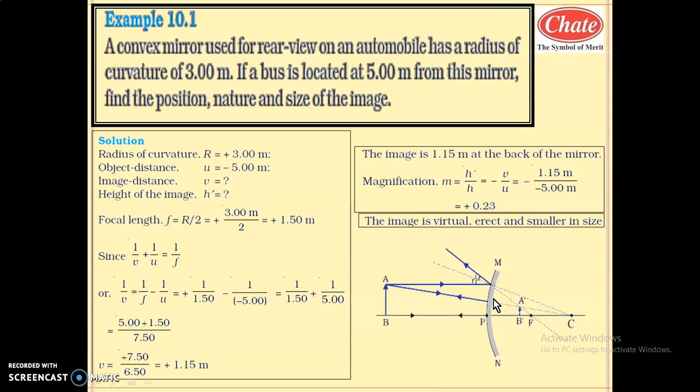This way of solving the problem is called the graphical way, that is a geometrical construction. And this is a mathematical way or analytical method. So this is a graphical method and this is an analytical method. For solving such problems, there are two options: one is by drawing the diagram and the second by mathematical calculation. So by the ray diagram as well as by the calculation, you may get the answer.